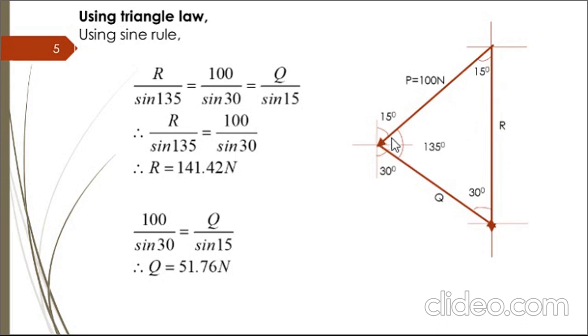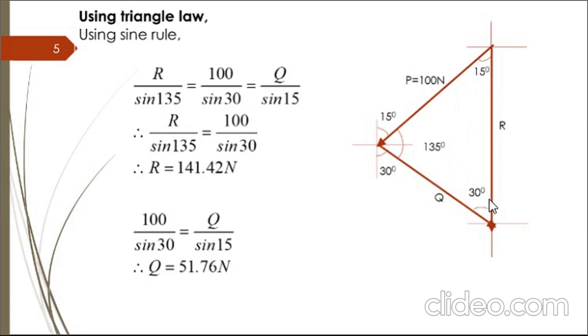Then here this angle is given 30 degree, the angle made by Q with respect to vertical. So as this is 15 degree, this angle is also 15, so the internal angle is 180 minus 15 minus 30, that is 135 degree. Then this is 15 degree, this is 135 degree, so the remaining angle is 180 minus 135 minus 15,